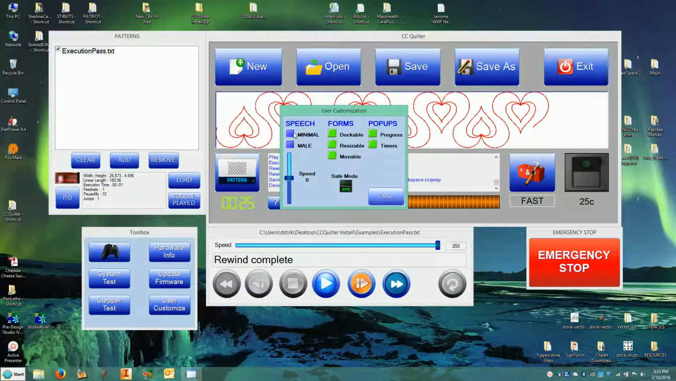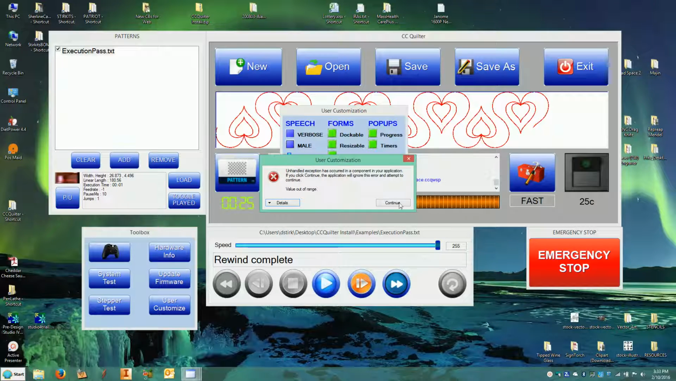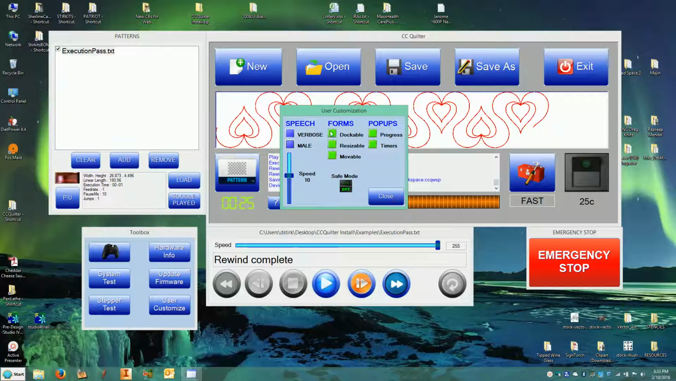speech. This will speak. You can change it from verbose, none, speak everything, just a minimal amount. When there's player changes, it'll speak to you, and hardware. This way you can be away from the machine, not even have to look at it and hear what's going on. You can change the voice from female, male, neutral. Change the speed of the voice here. You can also